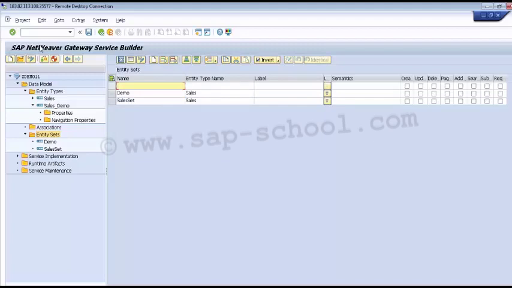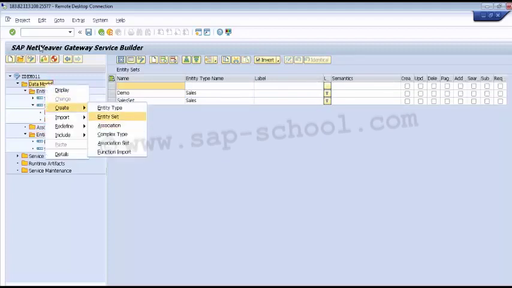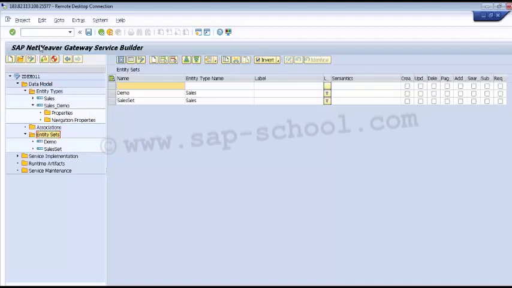So we can either create the entity set directly from my data model by right clicking and selecting create entity set, or go to the entity set folder and click on create, or the third option is to double click this entity set folder and insert a row manually.